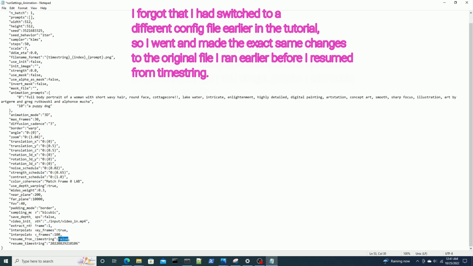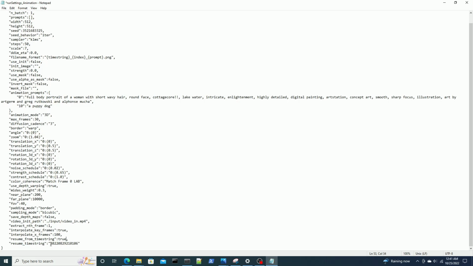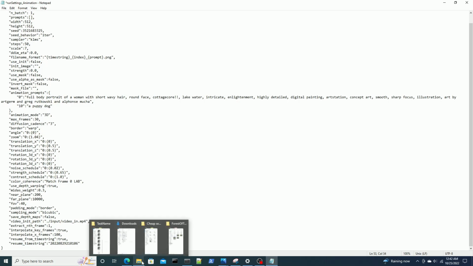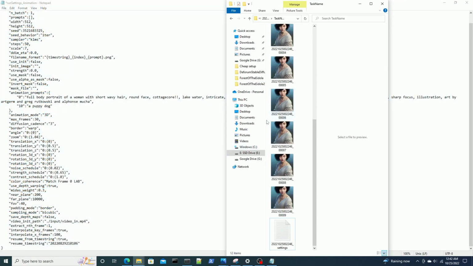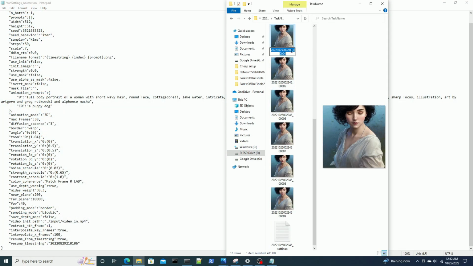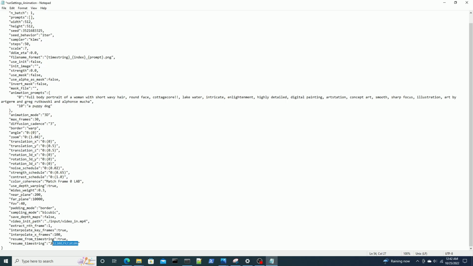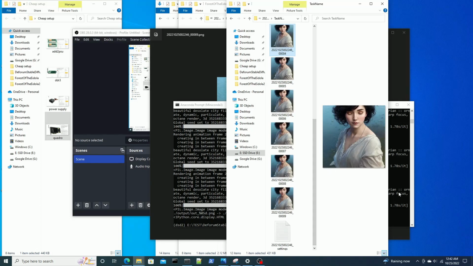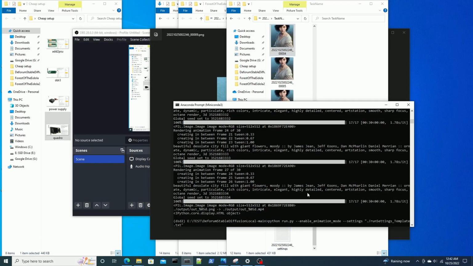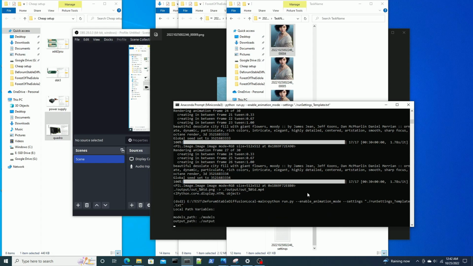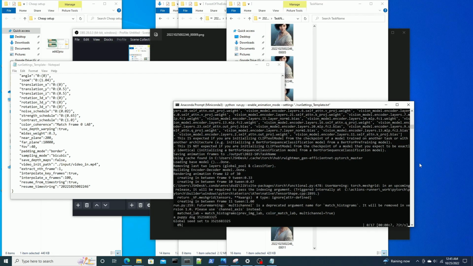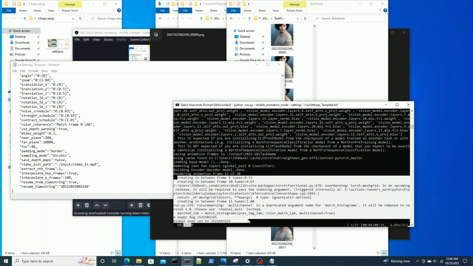Now I can say true on resume from time string, and I want to look at this time string, which is the first part of this file name, and make sure that that's what's in here. Hit save, and then we're going to rerun this. Alright, so now we can see that it started generating